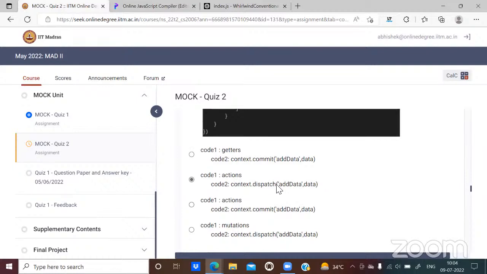Okay, so when is dispatch used? Dispatch is used for actions, correct. Just the way you invoke mutations using commit, the same way you invoke actions using dispatch. So the correct answer for this question is of course the third. The only thing that makes the difference is dispatch and commit.